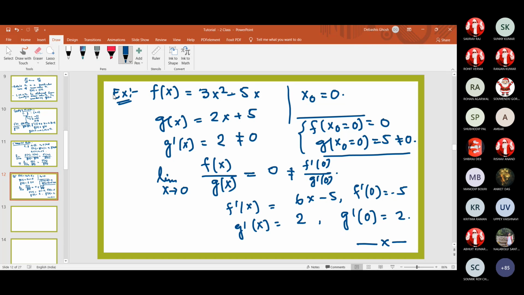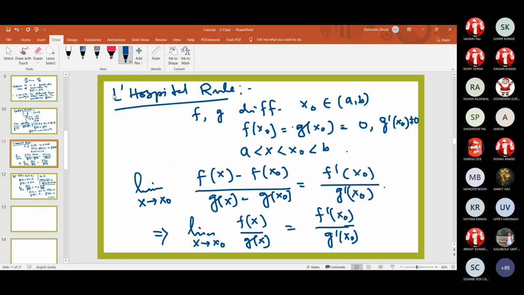Okay, sir. But x is tending to 0 in this case. Yes, we are taking that x tends to x0. That is the theory also. Once we get it in the 0 by 0 form, what we do in L'Hospital's rule is take the differentiation and then find the values. You just recall your L'Hospital's rule and what you have studied, that is the Cauchy's mean value theorem. I'm saying that this L'Hospital's rule is actually a consequence of your Cauchy's mean value theorem. Therefrom it is coming up.